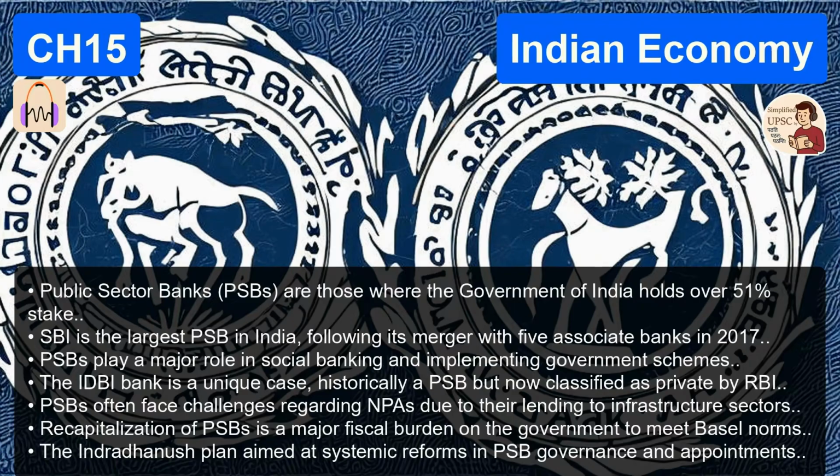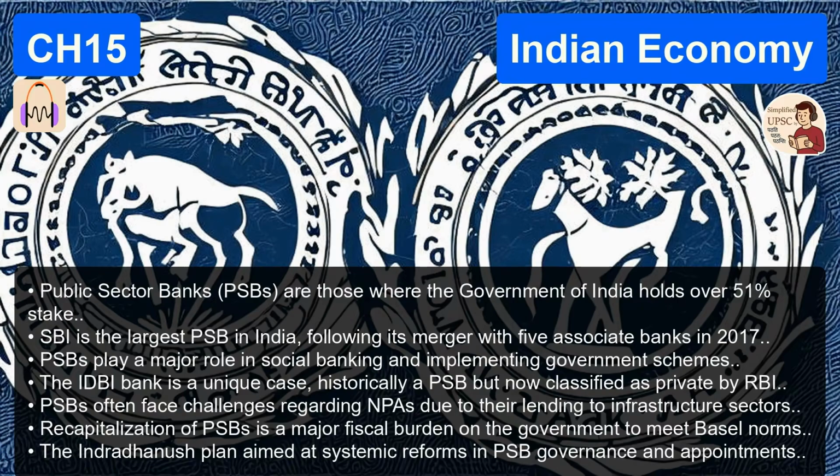Okay, sticking to the clear-cut ones. Then we have the private sector banks. These are owned by private individuals or corporations. They are limited liability companies. And Sanjeev Verma splits them up, right? Yes, we usually split them into 2 generations. The old private banks are those that existed before the 1991 reforms. Banks like Federal Bank or South Indian Bank. They tend to be a bit more conservative in their approach.